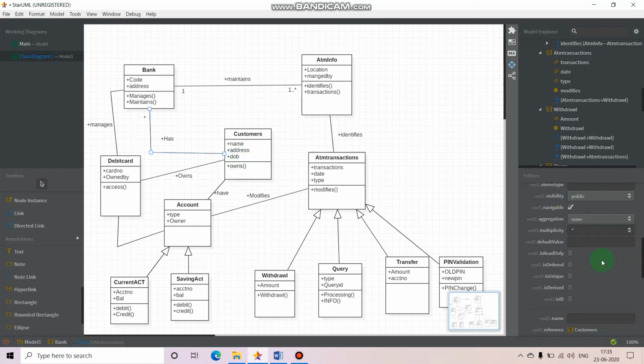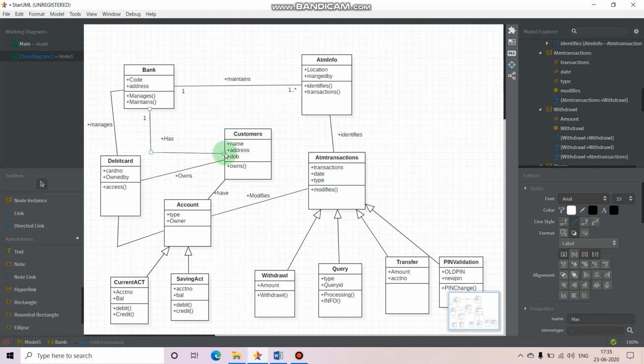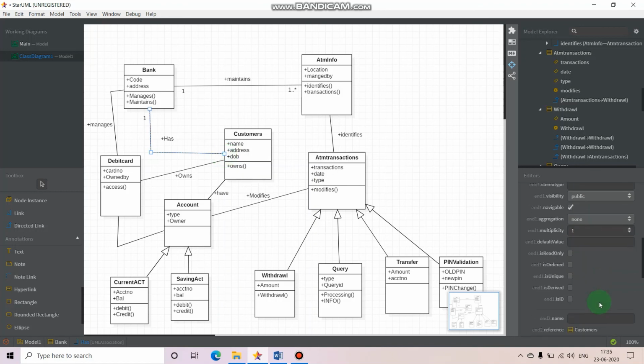So this one bank, at this end you have to select at this end. It should show differently, actually it is not showing like this.